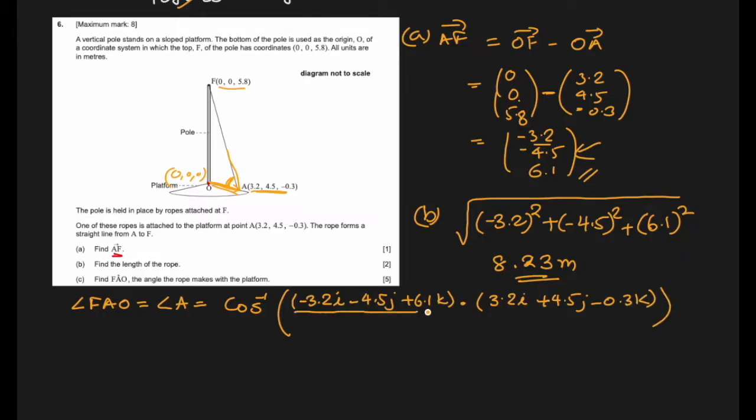The dot product divided by the magnitude of this, which is 8.23, we already know,